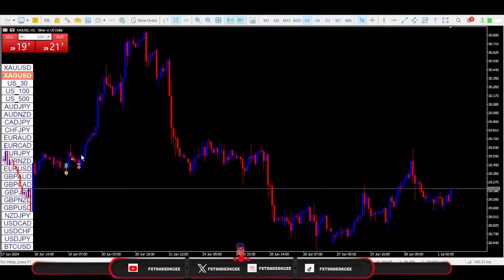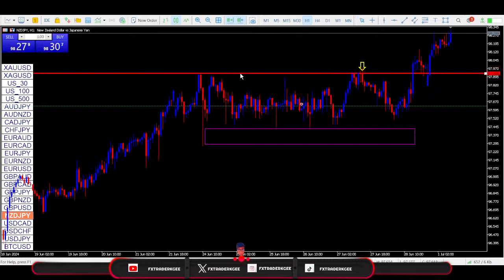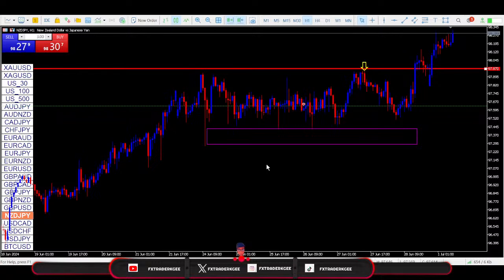We had this trade, New Zealand JPY, which is the New Zealand dollar versus the Japanese yen, and the expectation was for price to fall. You can see the arrow is still there that signals down, and also the level that we made was here, and then it was later adjusted back to this point. So far so good. The sell order has not been in any way favorable, so I am just going to exit the trade. But before I do that, I also want to